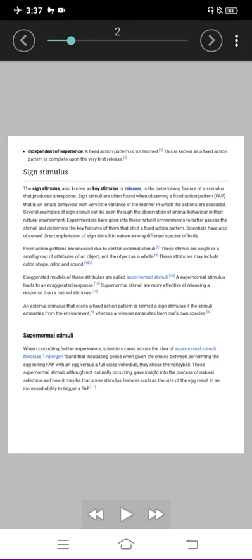Independent of experience, a fixed action pattern is not learned. This is known as a fixed action pattern is complete upon the very first release. Sign stimulus. The sign stimulus, also known as key stimulus or releaser, is the determining feature of a stimulus